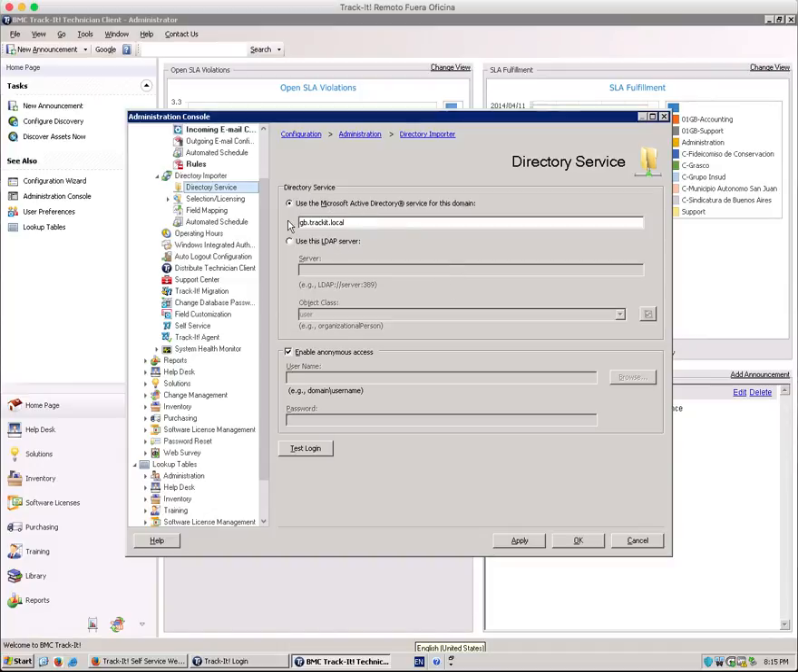So we set up the directory server. We enter the address and, if necessary, the credentials to enter it, or if anonymous access is enabled, then we can just do that. We test the login and it says it's okay, that's a valid login. So once that's done,